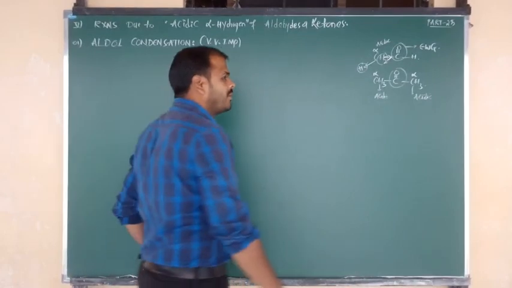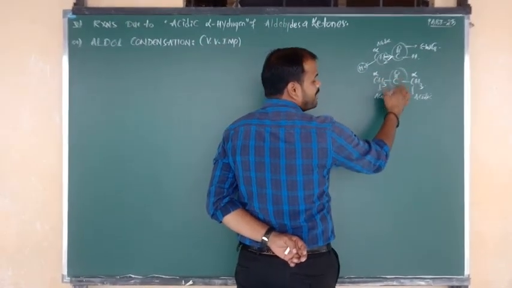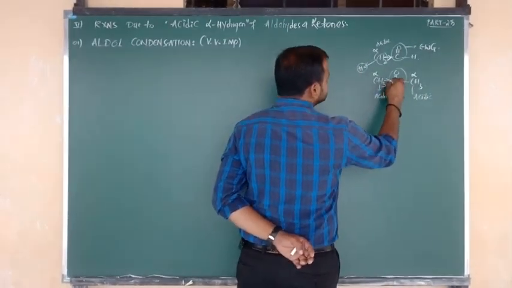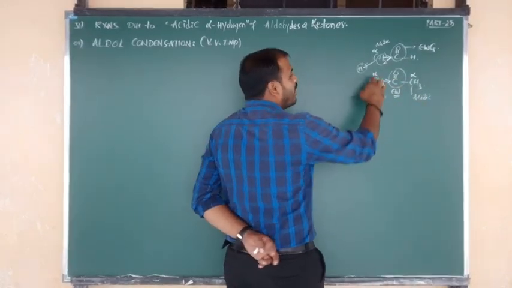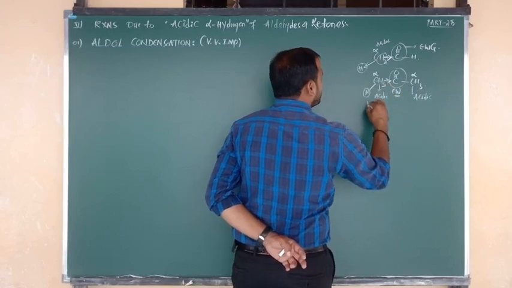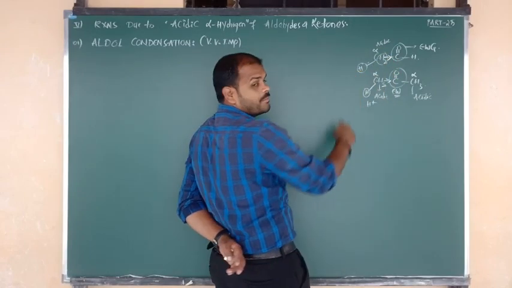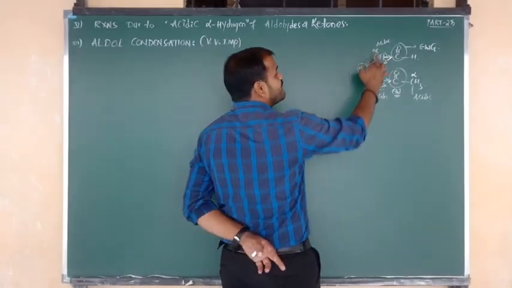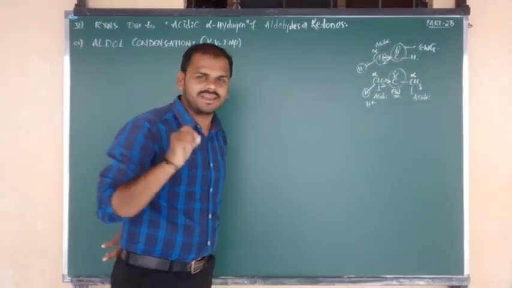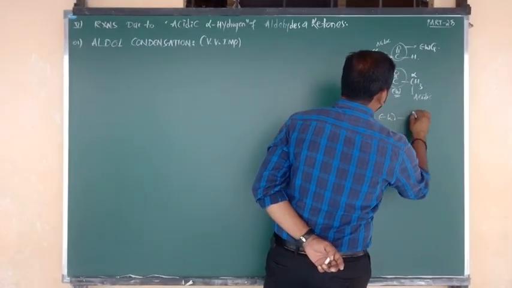Good. And one more thing to remember here. Same thing: CH3 is connected to the C double bond O group, whose nature is electron withdrawing. Due to this, the alpha carbon is ready to lose one of the protons in the form of H plus. Here also the alpha carbon is ready to lose one proton as H plus, because both the alpha carbons are connected to the electron withdrawing carbonyl group. That is the reason. So reason number 1 is the electron withdrawing carbonyl group.